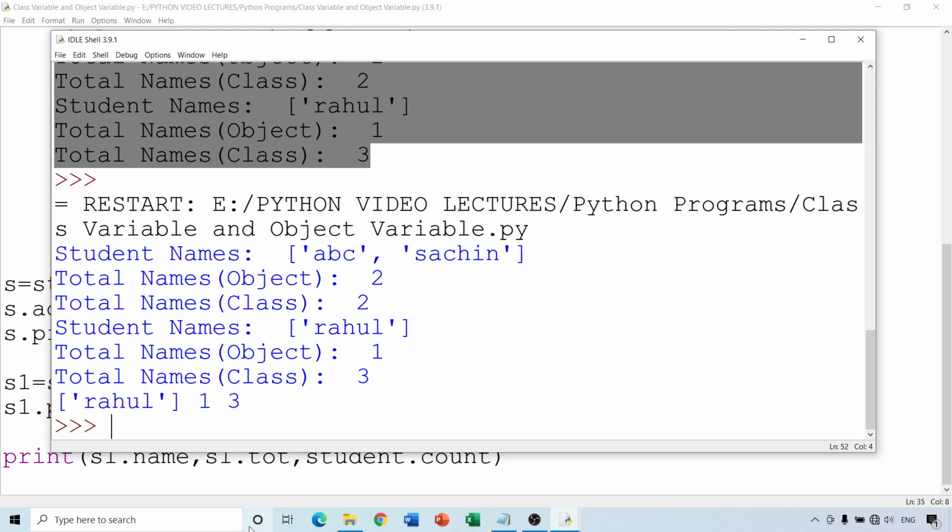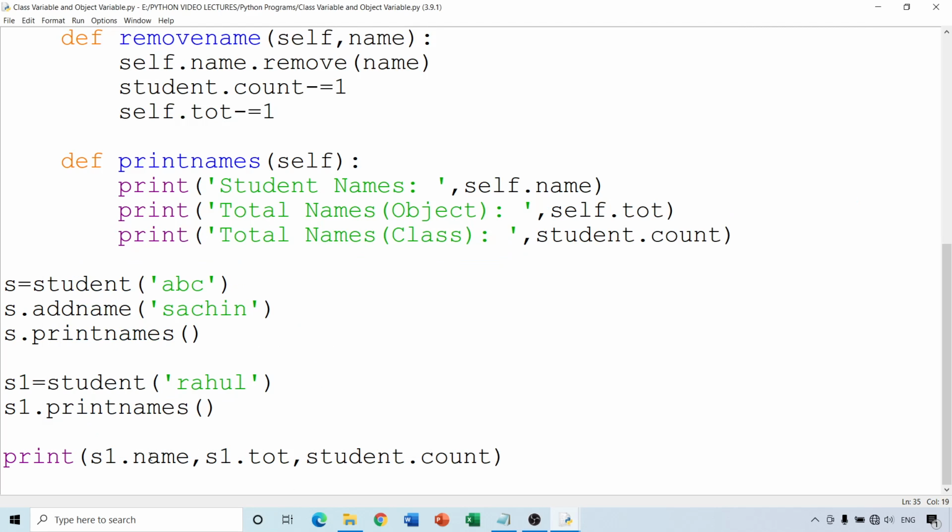Now let us check something else. What happens if I write S over here, and S over here as well? Sorry, yeah, now it's fine.